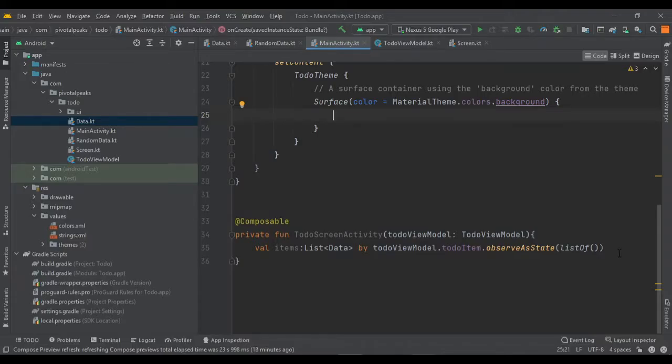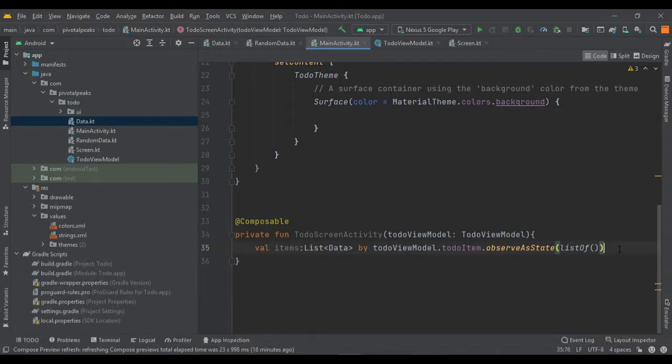Recomposition will be explored in the next video. For now we are focusing on our screen, to display the screen in main activity.